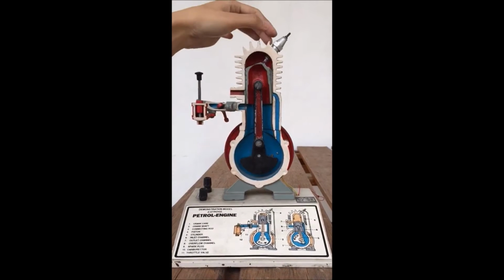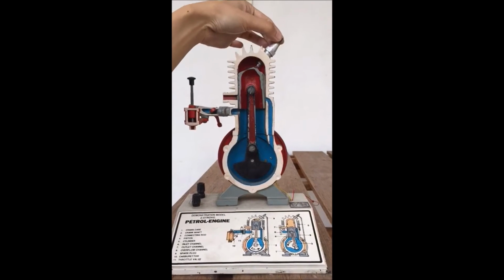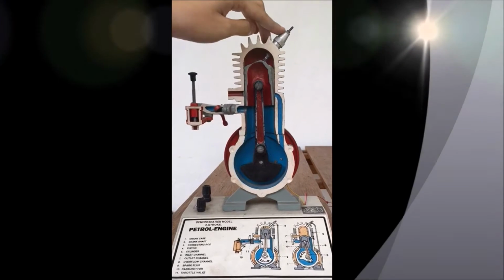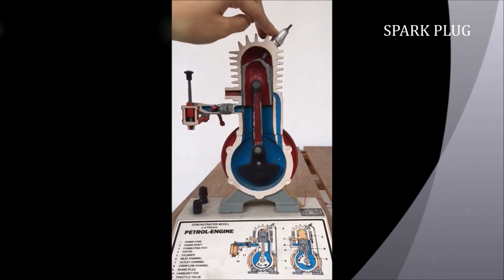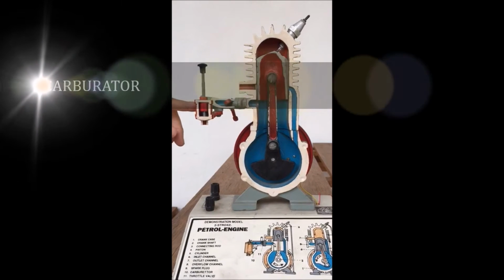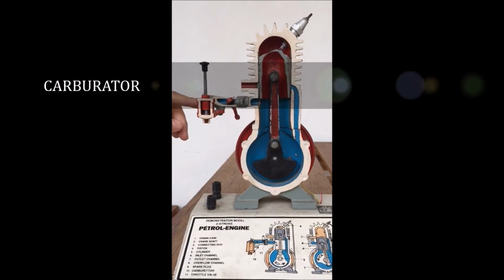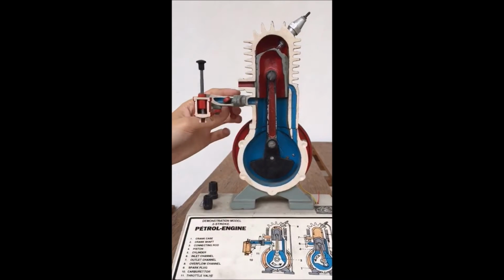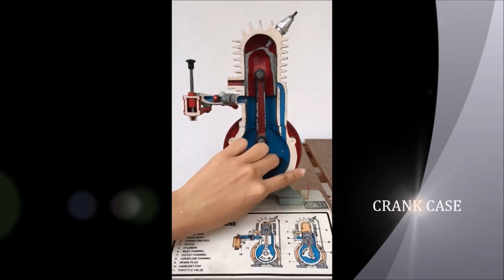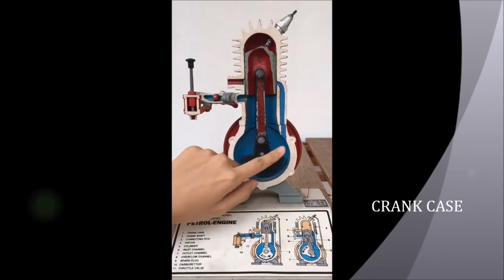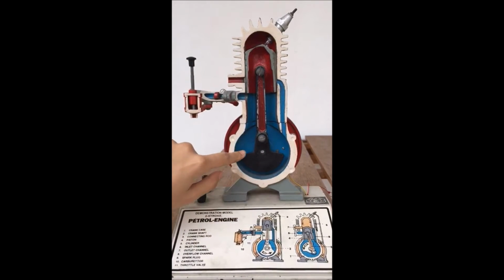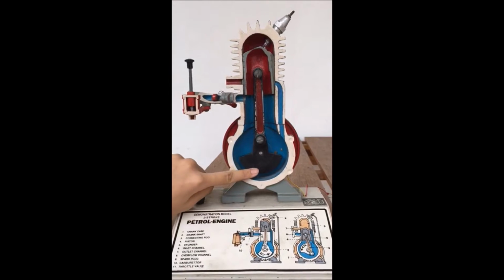For the top of the engine, this is the spark plug. And this is the carburetor, where the fuel and the air mix. And this is the crankcase. So we can see the difference. This is the crankshaft,